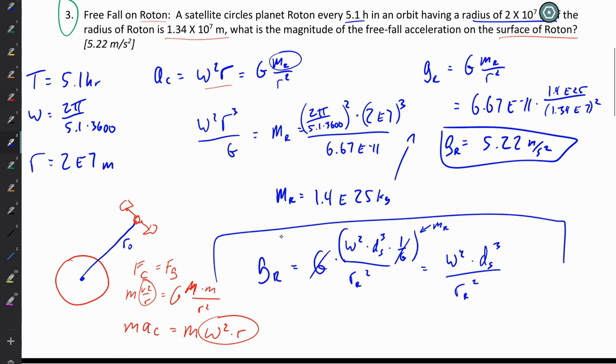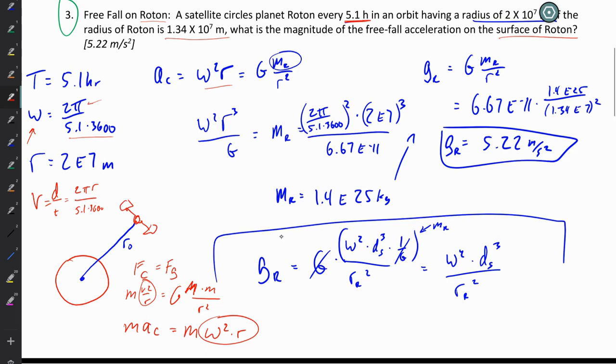whether you choose to use omega, which would be one orbit divided by the period, or if you want to use velocity, which would be the distance divided by time, which would be 2 pi r. That would be the distance, the circumference of its travel around its orbit, divided by the period, which would be whatever the period is, 5.1 times 3600. Now, either way, it'll work out. Now, in this case, you're given the period, so just a little bit easier to get omega using the period